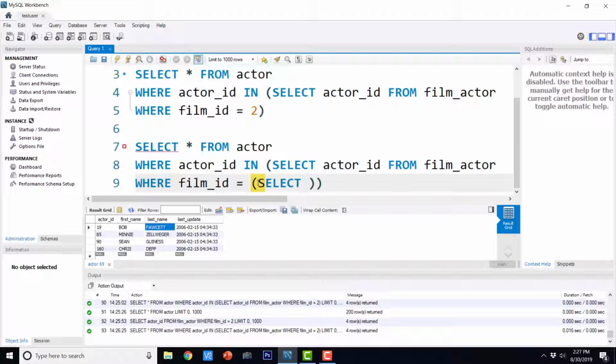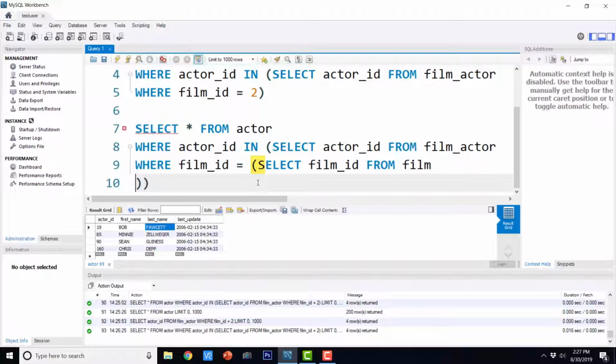Select film ID from film where title equals, or title like, and then the film name followed by percent.